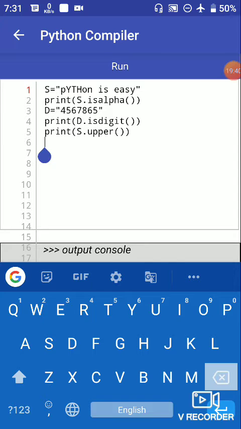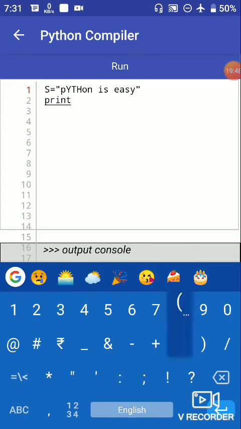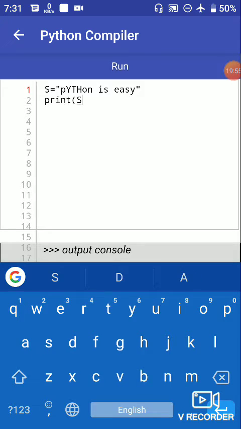For using that method, first we remove these codes. Okay, print, and in the print statement our string name is s dot lstrip.